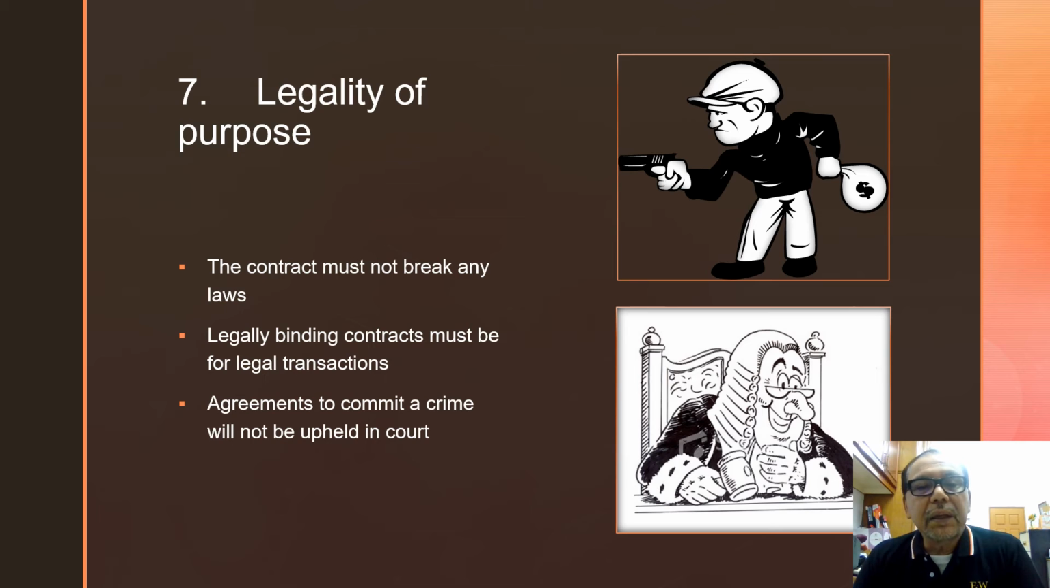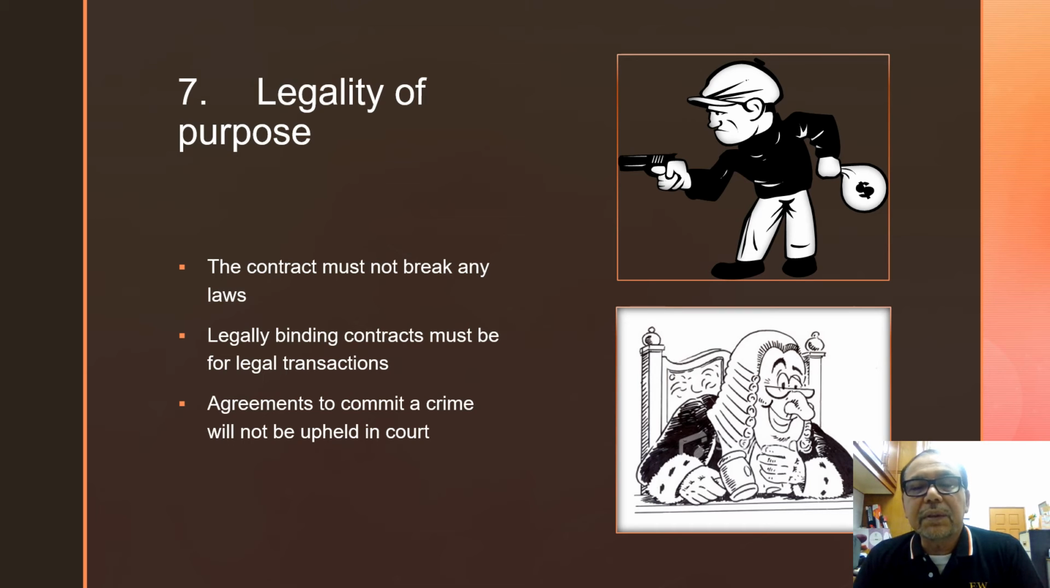Legality of purpose. Here we're talking about how the contract must not break any law. Let's say you want to make a contract to buy guns, ammunition, buy a pistol. Easy, you buy a pistol. Somebody wants to sell a pistol, you buy. So if anything happens,